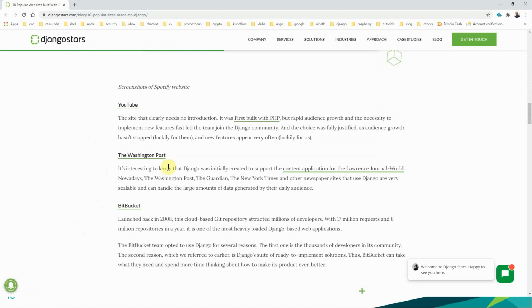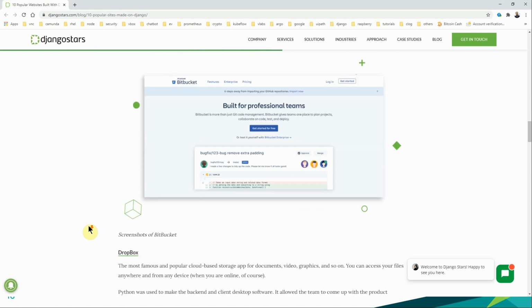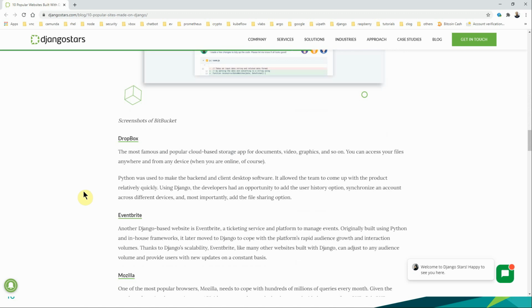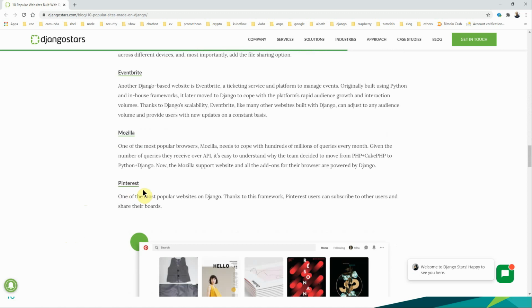Washington Post, Bitbucket, Dropbox, Mozilla, Eventbrite, and Pinterest are also there. These sites are very famous, and they have chosen Django as their backend.